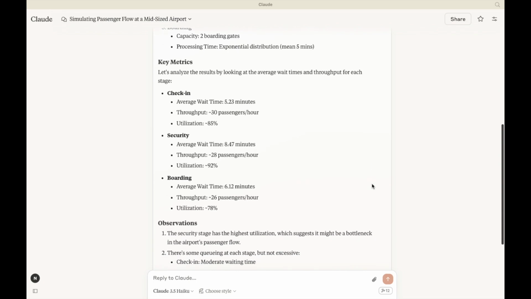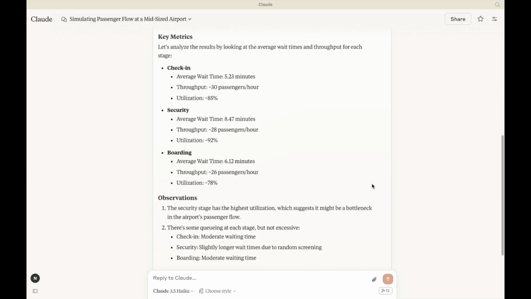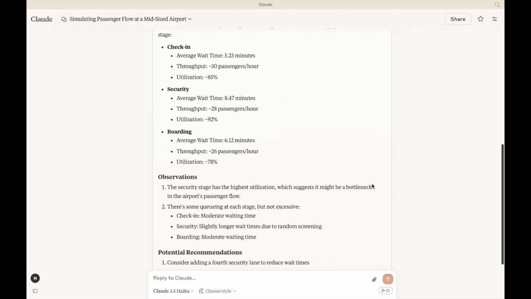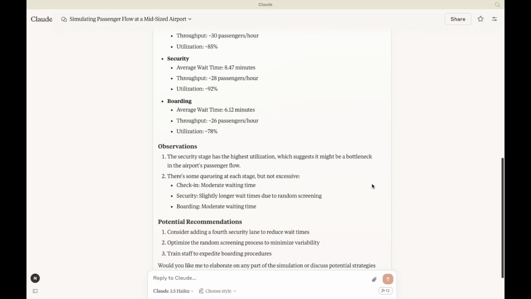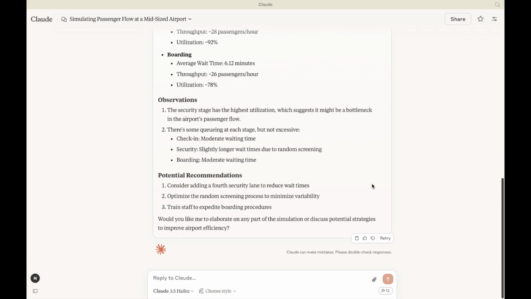Claude presents the average wait time, throughput per hour, and resource utilization for each stage, check-in, security, and boarding. Based on these metrics, Claude automatically generates observations. It correctly identifies the security stage as having the highest utilization, suggesting it's a potential bottleneck. It also notes the queuing levels at each stage. Furthermore, it provides actionable potential recommendations, such as considering adding another security lane or optimizing processes, directly stemming from the